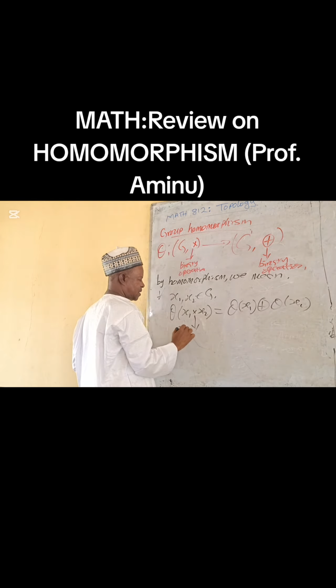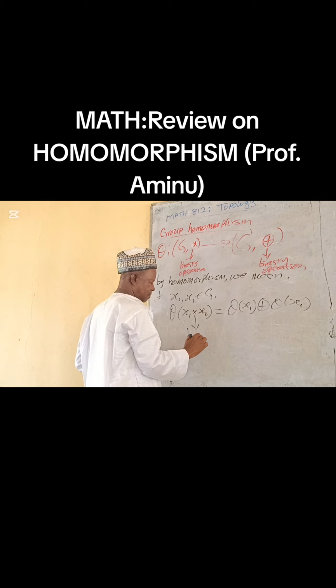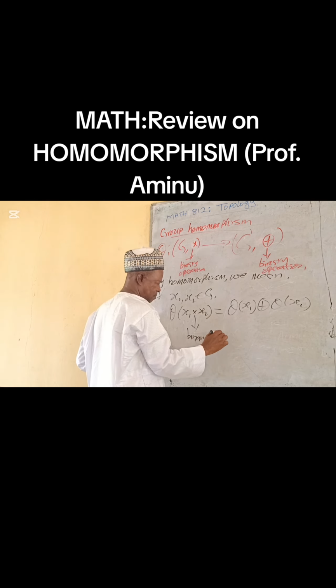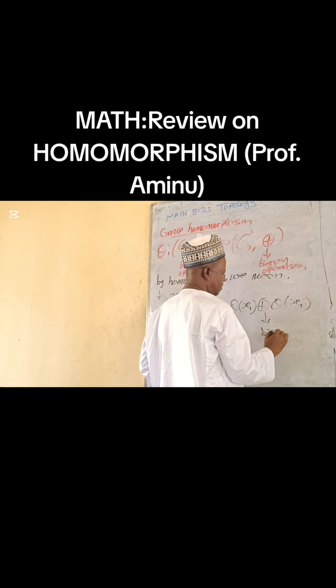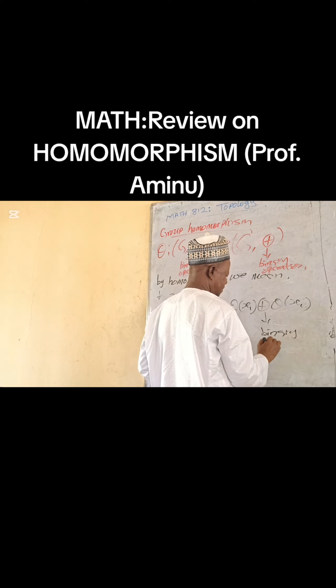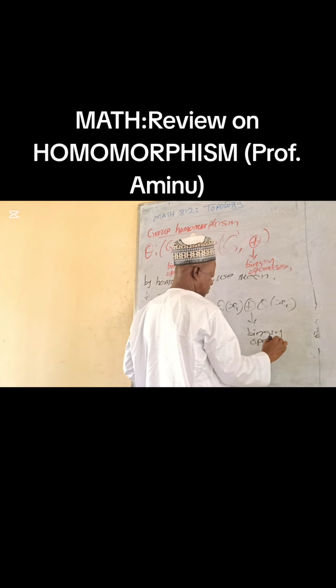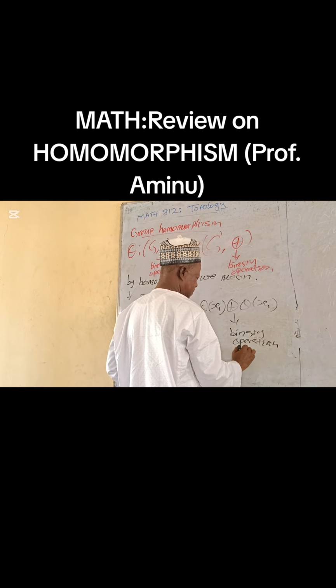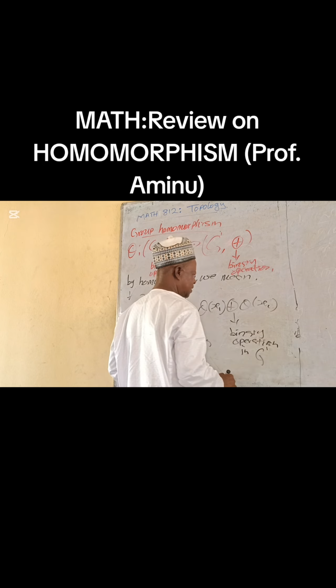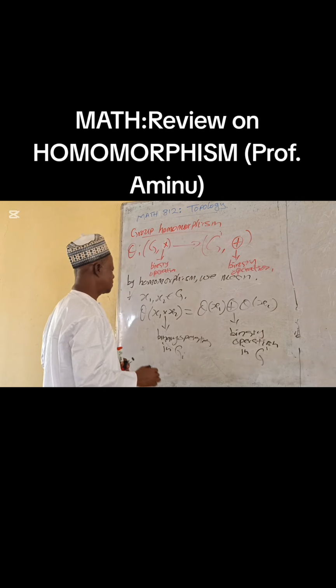Remember, this is a binary operation in G, while this is a binary operation in G dash. So that means homomorphism,